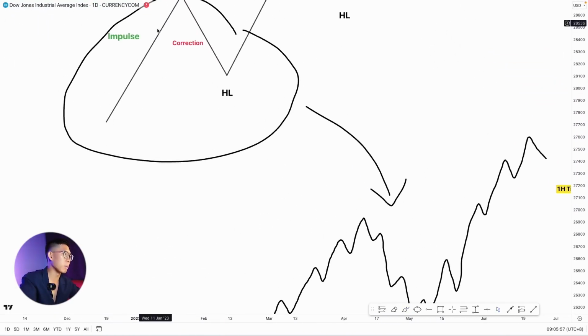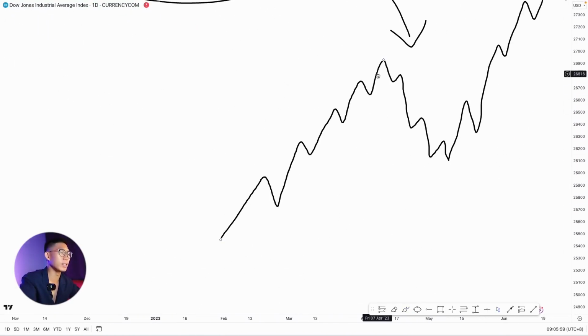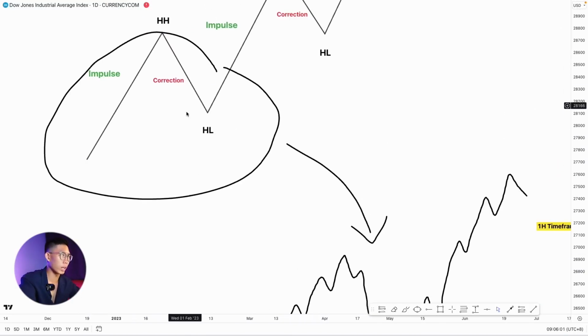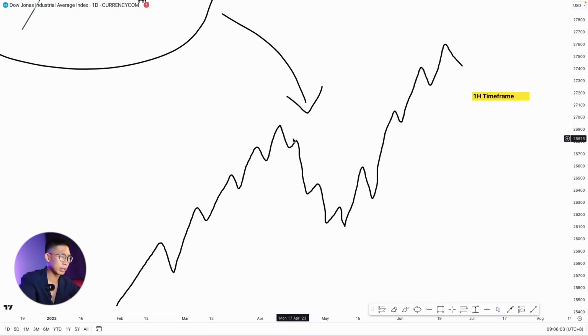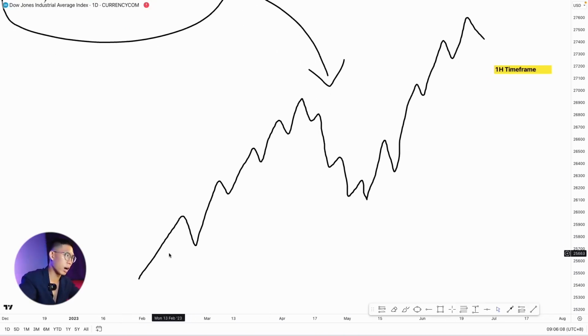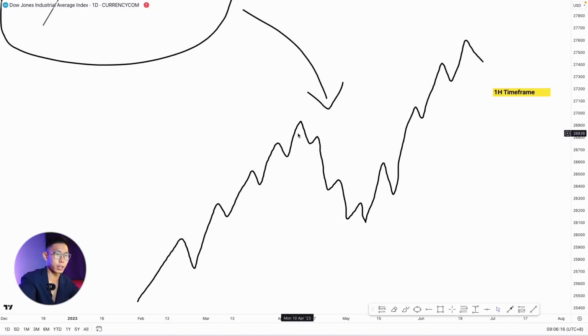So you can see, this impulse move is this lanky up move over here, and this correction, this little retracement, is this little downtrend that we have right here. So it's still the same thing, guys. In an uptrend, in an impulse move, price is creating higher highs, higher lows, higher highs, higher lows. And eventually, the buyers start to lose steam, like I said, and the sellers start to come in and push the price down, causing the